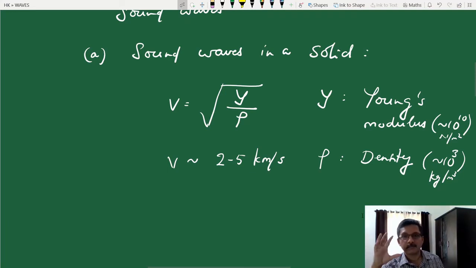The reason is that the Young's modulus of solids is very high, and hence the speed of sound waves or elastic waves or compressional waves in solids can be quite high. For example, the longitudinal waves produced by an earthquake in granite are of the order of 5 kilometer per second. So these are very fast waves. They can cover half the circumference of the earth in 1 hour. That is why a significantly large earthquake happening at a long distance away can be felt at other parts of the planet.